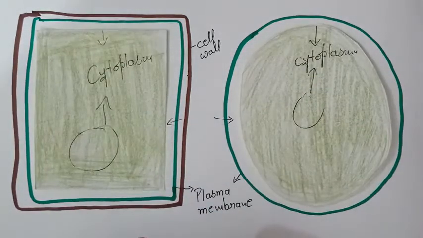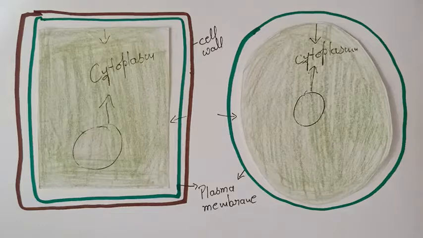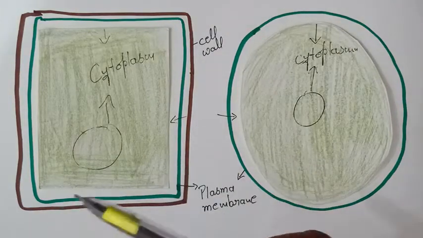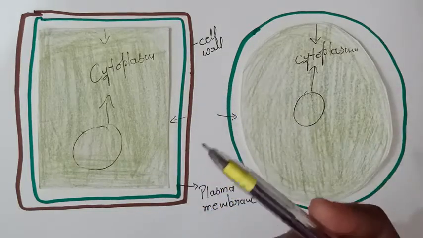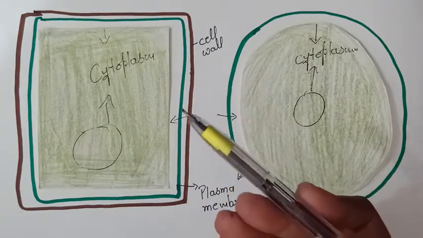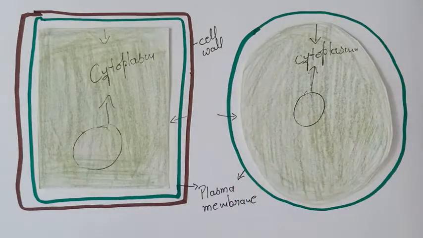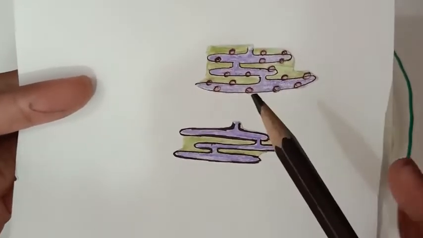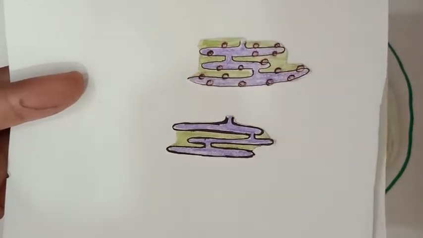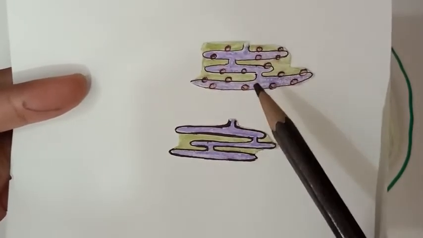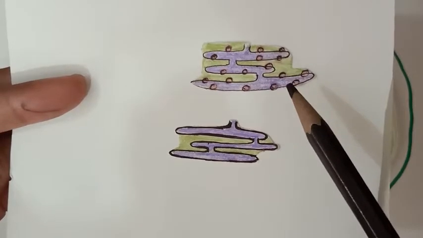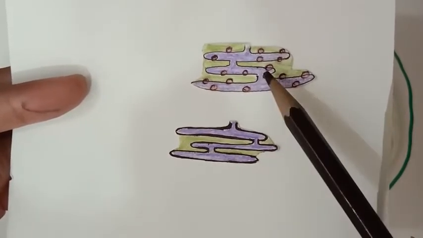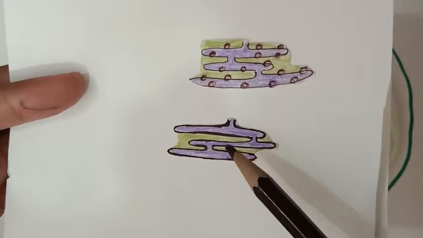So now we are moving towards the cell organelles. Student, we must know the basics of cell organelles. They are the little organs. These are the living cytoplasmic inclusions which are capable of growth and division, and they perform specific functions. First cell organelle is endoplasmic reticulum. It is an interconnected network of membrane lined channels. They could be rough endoplasmic reticulum and smooth endoplasmic reticulum.